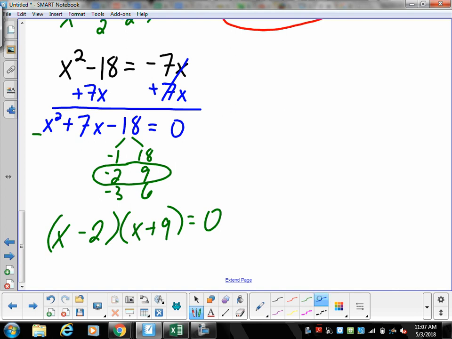It's not as easy to make mistakes as it is if you try to do this method when there's a number out there in the front. There's a lot of mistakes that can be made. I will tell you, when I was going through it, and I put the number out here,